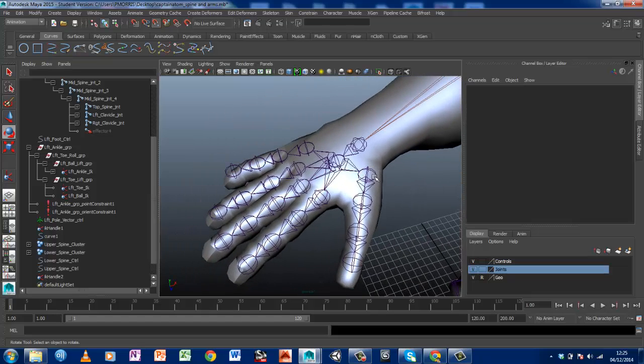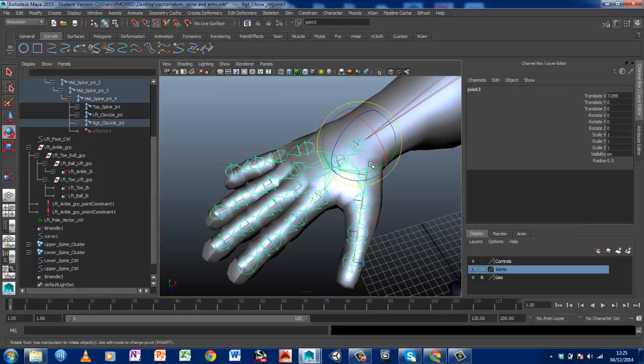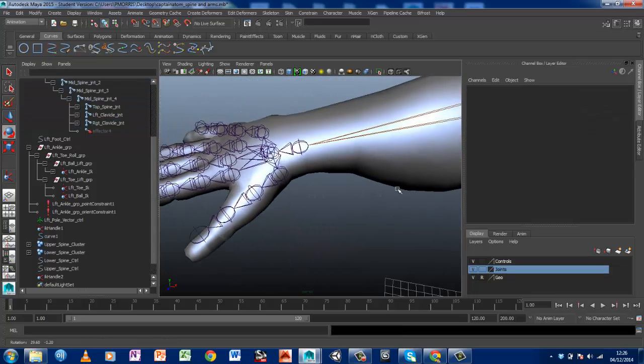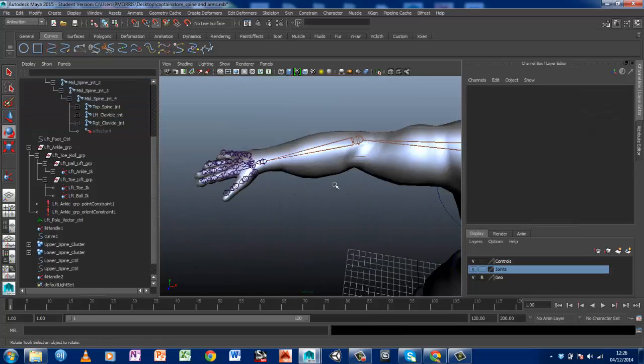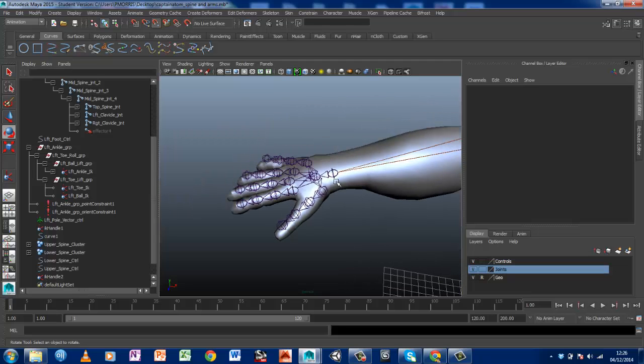Now if you noticed, I've put in an actual wrist bone. If you're having problems with orientation, if you continue onto a wrist bone rather than just ending the arm there, then the orientation is already set up for the hand. It just makes it a little bit easier. Okay, so at the moment we've just got the IK handle here,